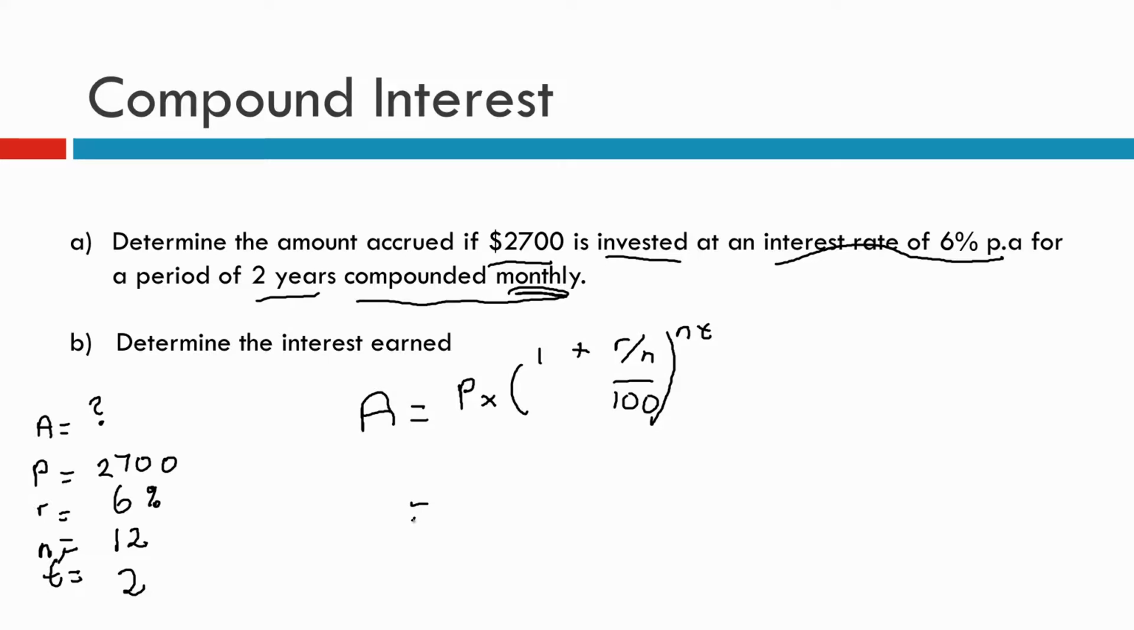Now, the next thing to do is substitute into the equation. So we've got 2,700 multiplied by 1 plus R divided by N, 6 divided by 12 is a half, isn't it? Or you can just write down 0.5 if you like, Mr. Denatale, but I think Mr. Denatale will do that in the next step. And then multiply that by N times T, so it's 12 times 2 years, which will give us 24. So really, we're still using the same formula, aren't we? But we're putting it all into this one. So next step, 2,700